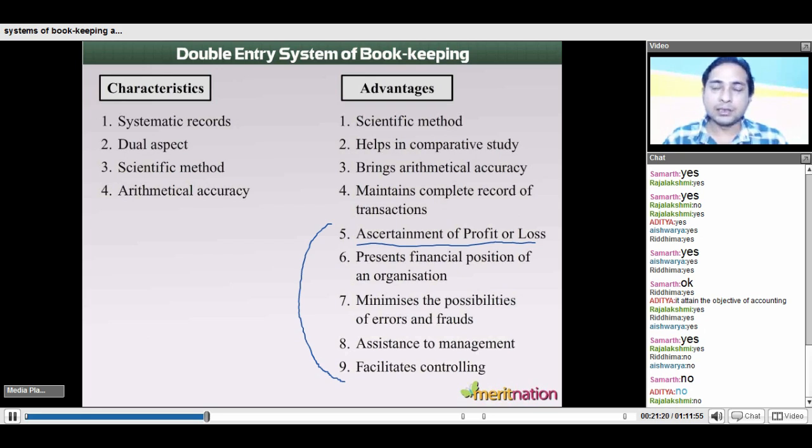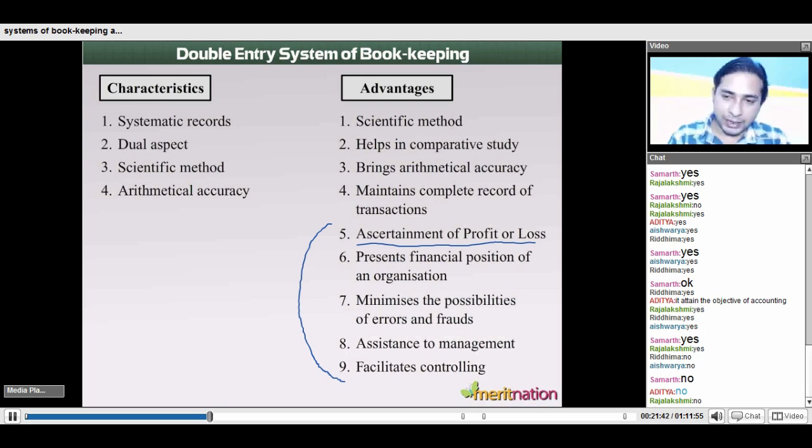Again, I will say both the aspects are maintained, both the aspects are getting captured, so it will be pretty easy for us to know what the business has actually done, how many transactions have been done, how many transactions have led to what outcomes, and to find the actual profit or loss. Is it fine?